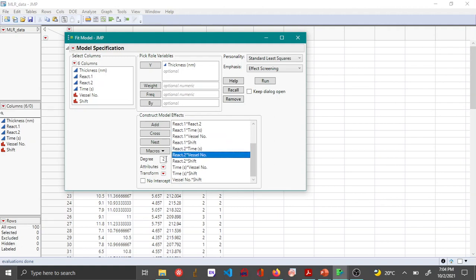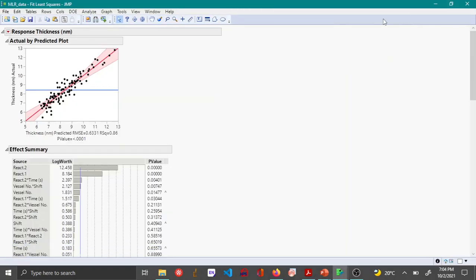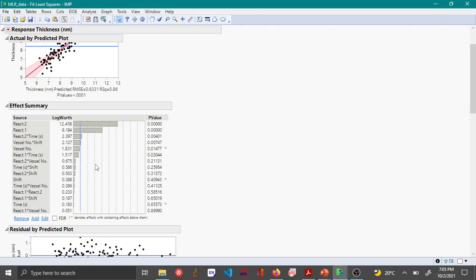Here we mentioned degree as 2, so we have only two-way interactions, but we can also include three-way interactions by just changing the number to 3, but at the moment I'm just going to leave it at 2. Once you add this, you can say run. So JMP will do the regression fitting using all the predictor variables and their interaction.